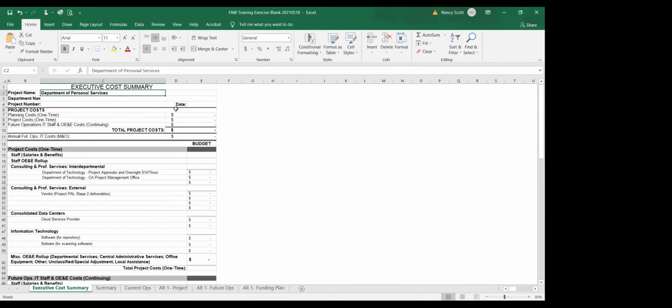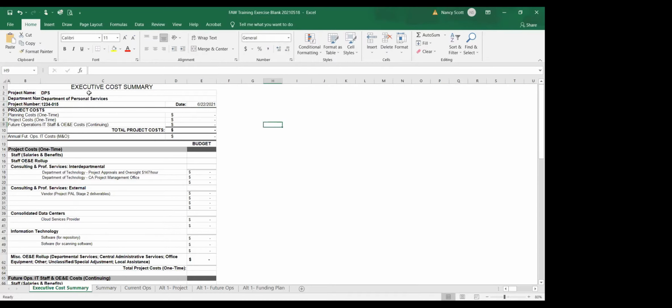The project name is DPS, and it's Department of Personal Services, and the project number is 1234015 or something like that, and then the date, 6/22/2021.